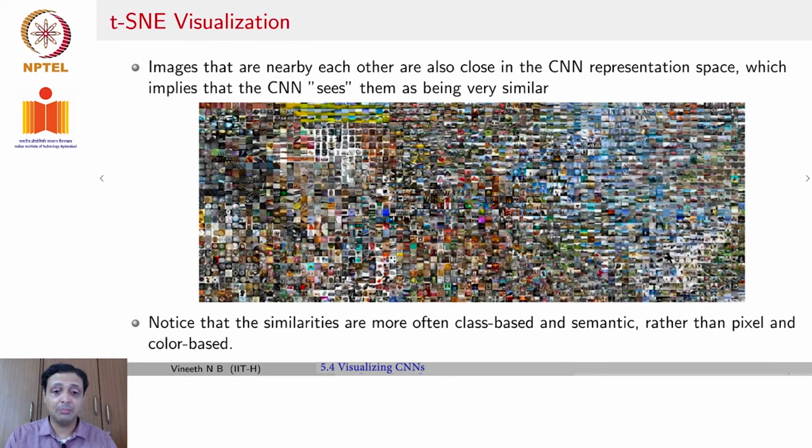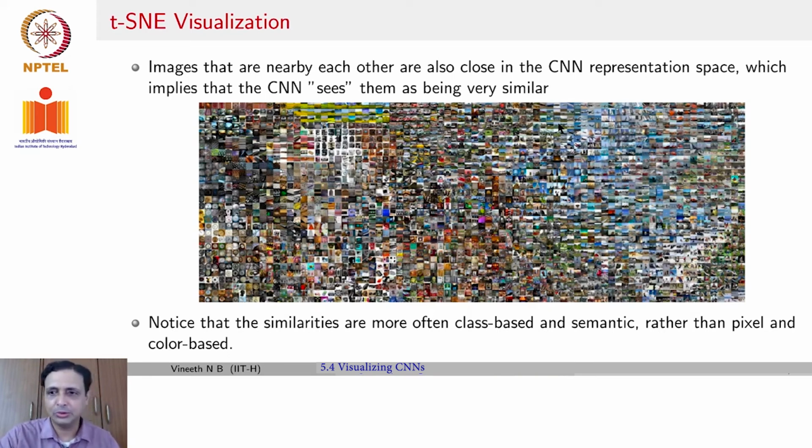So here is an example of the same for ImageNet. This is a 2-dimensional plot of various images in the ImageNet dataset, taken to 4096-dimensional space by AlexNet and then brought down to 2-dimensional space and plotted on a 2-dimensional map. The only thing we are doing here is putting the respective image on each location just for understanding what's really happening. So this is just a huge map,